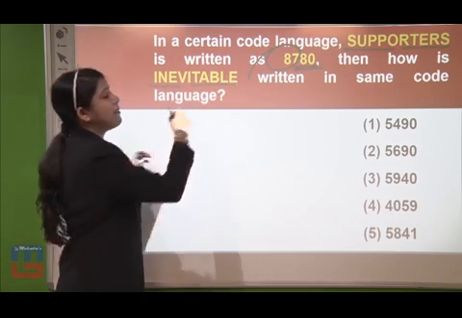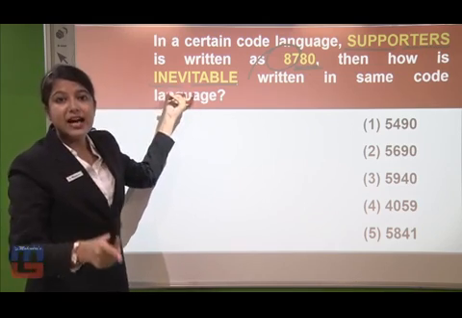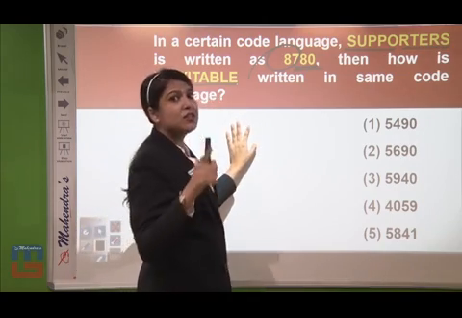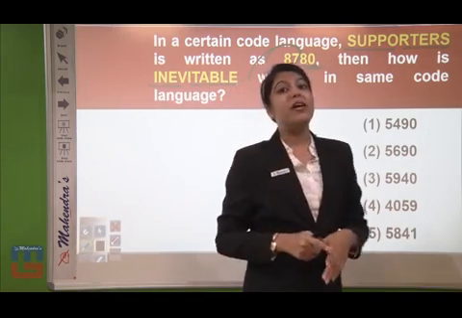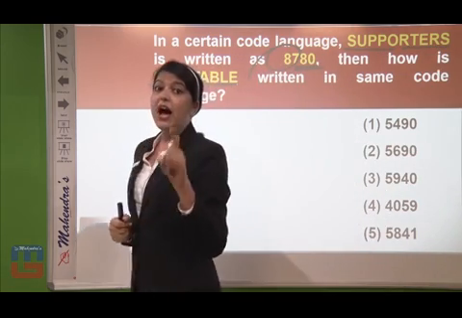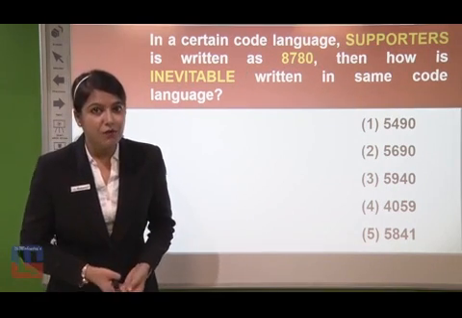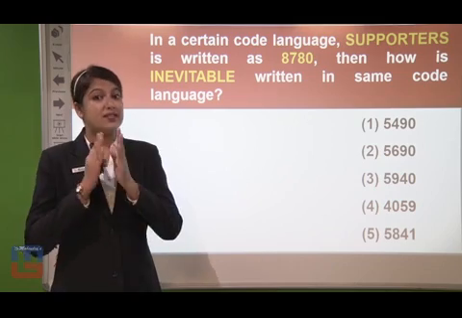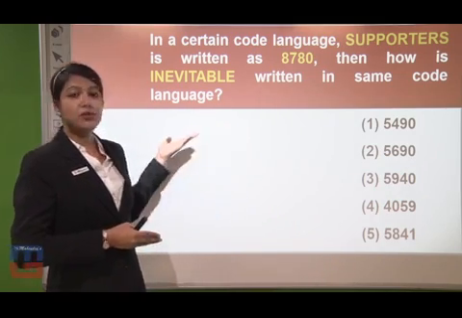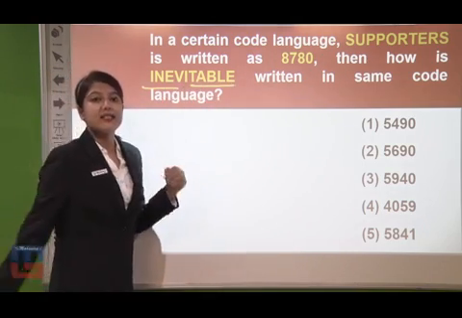Again break these into 5 letters each and then add. Now this is your task to break it and add it. I am just giving you the answer because the place values and opposite letters have to be remembered by all of you. Keep in mind that you have to learn all these place values, because learning opposite letters and place values is the only part which can help you solve coding-decoding questions. Now coming to the answer for INEVITABLE, when we break it into 5 parts,